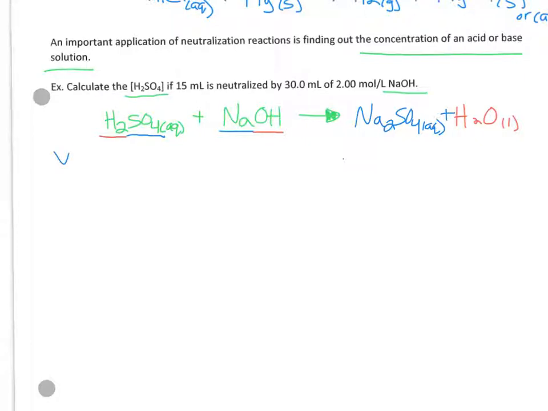You have a volume, and you also have concentration information available. Your volume of sulfuric acid is 15.0 mL. And you are looking to calculate the concentration. Your volume of NaOH from your word problem is 30 mL, and your concentration is 2.0 mole per liter. So if you are someone who writes a strategy line out, basically your strategy is you're going